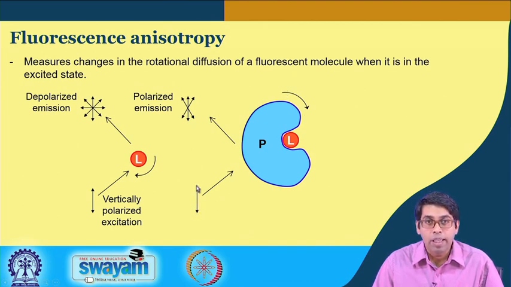Now, if we again excite the ligand with a vertically polarized excitation, by the time the emission happens, there is not much rotational diffusion that has occurred because of the bigger size of the complex. So, the emitted light is somewhat still polarized. It is not completely depolarized like the free ligand. As we keep on adding more and more protein, we will get more and more complex, and the emission spectrum will become more and more polarized. So, the difference between this and this will give you a measure of how much protein ligand complex is formed